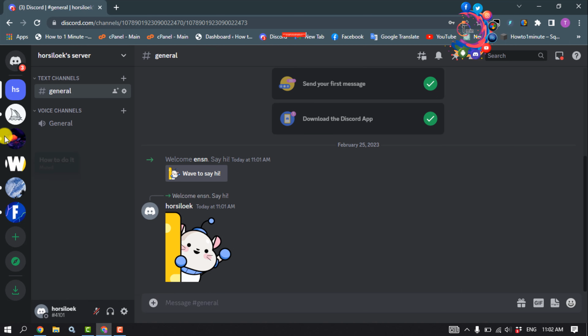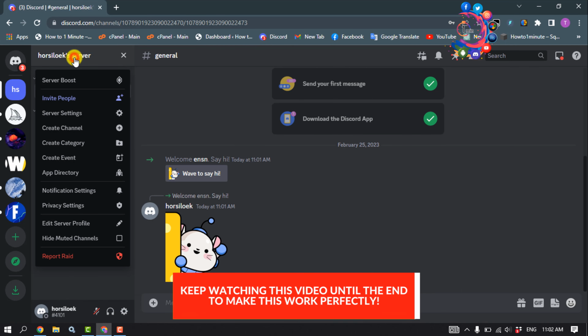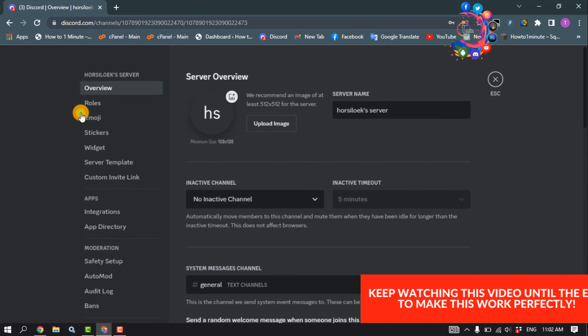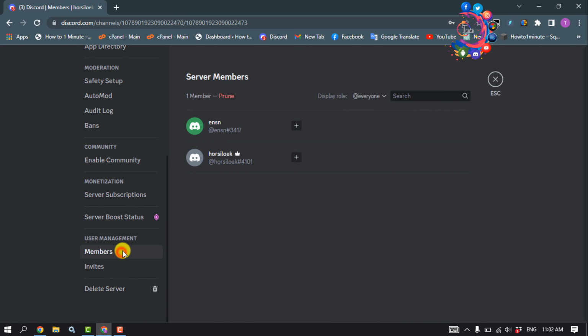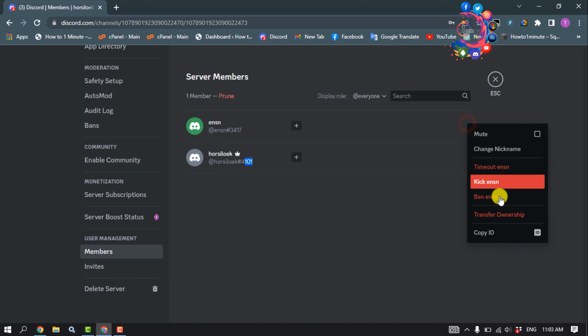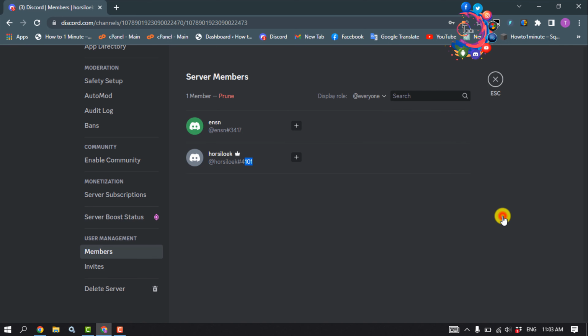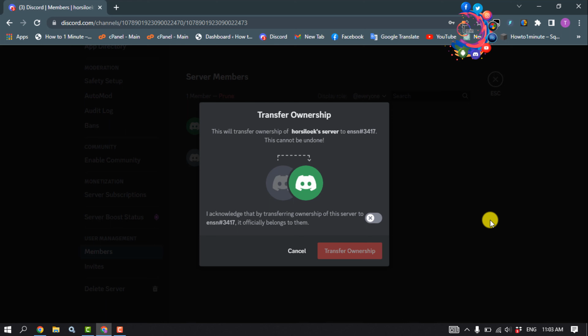So open your own server, click on server name, server settings, scroll down to the left hand side, members, and as you can see, currently this account is the owner of this server, and now I want to transfer this server ownership to this account. So I'm going to click on this three dot next to the user, transfer ownership, toggle on this option, transfer ownership,